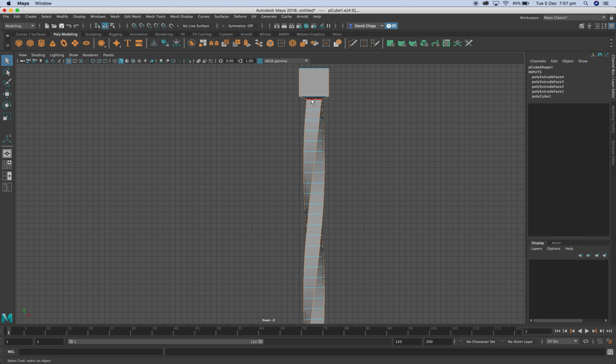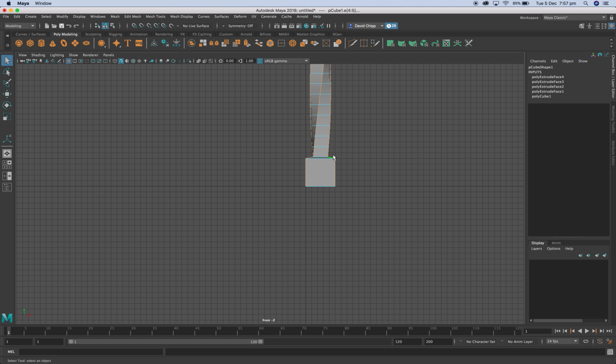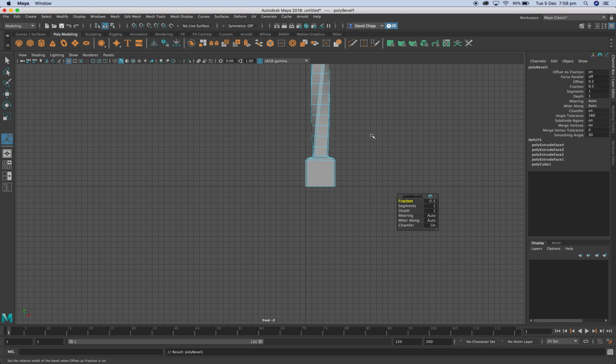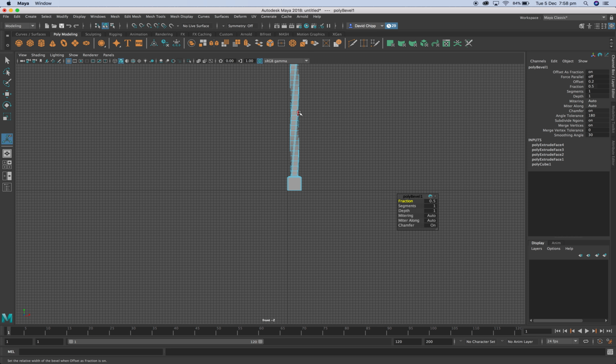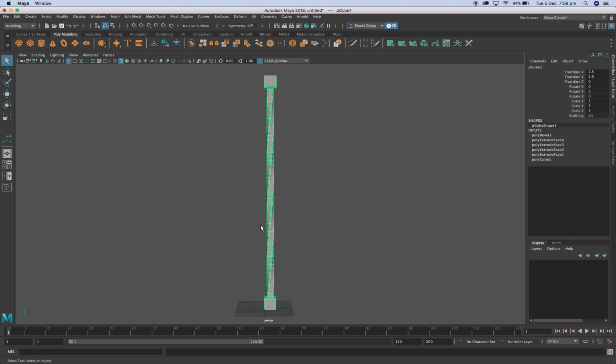We're going to click on these, go all the way down to the bottom. Do the same here. That, and then we're going to hit bevel. So edit mesh, bevel. Okay. Now, if we quickly go back into the view and go into the 3D view, you can see